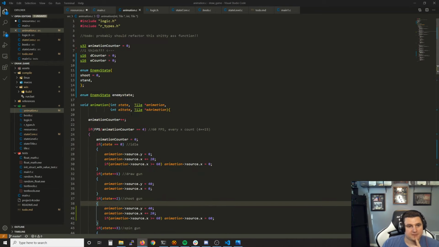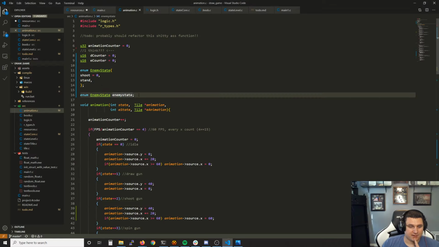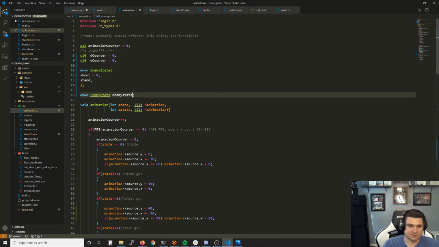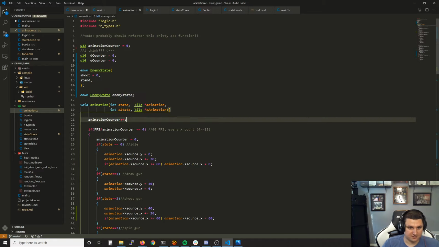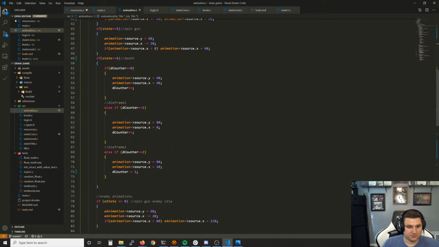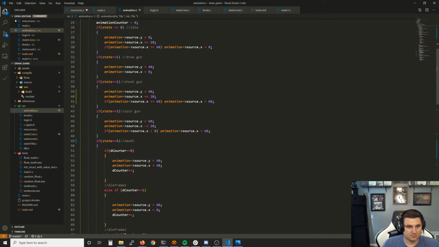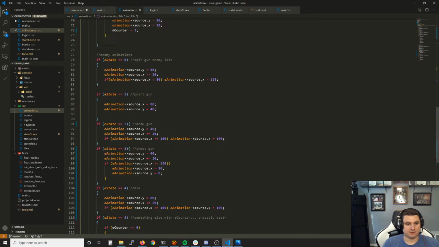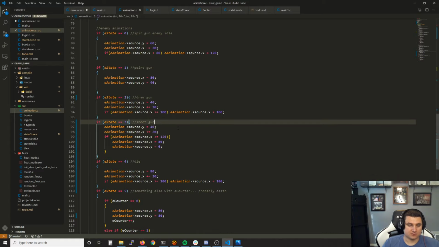So shoot, stand, enemy state. I think I could just set it to 0. I don't even think I have to do it here. I think I can do it in either place actually. So if I set shoot to 0 or enemy state, I can just call it like that, and it is 0. So what we'll do is, this is how we do it on the enemy state here. So the only time this executes is if,